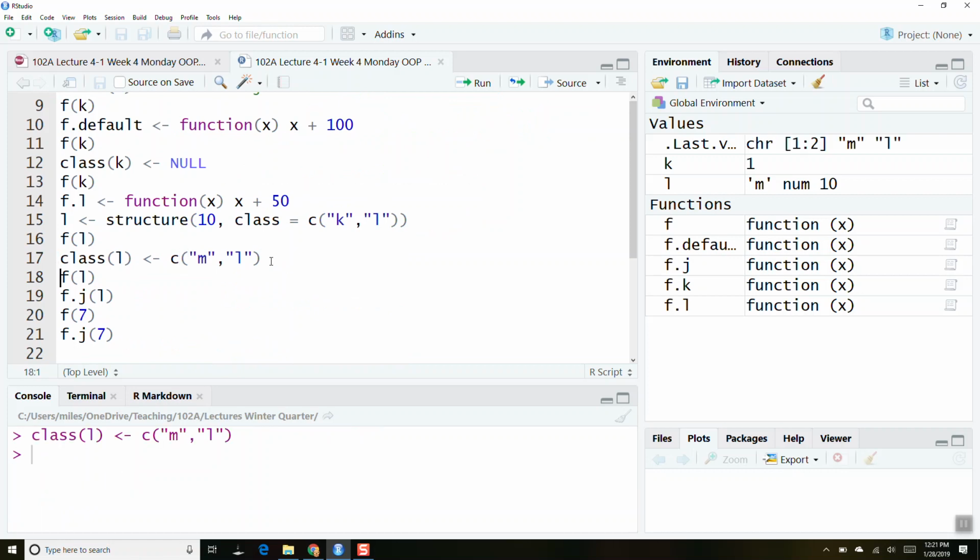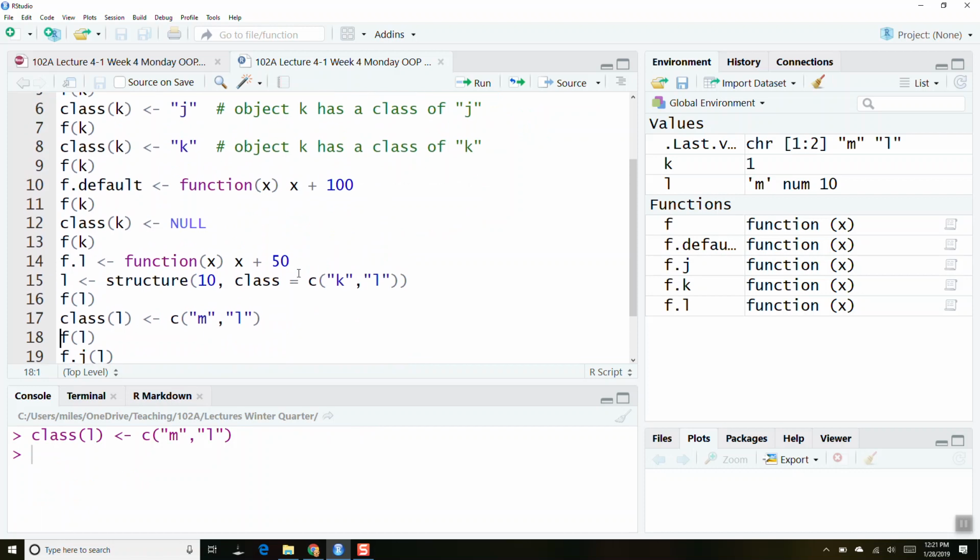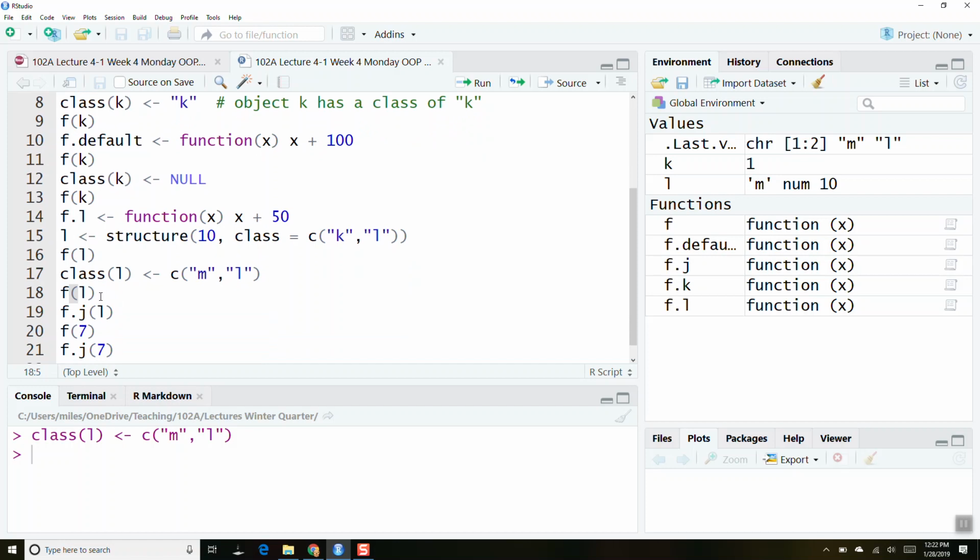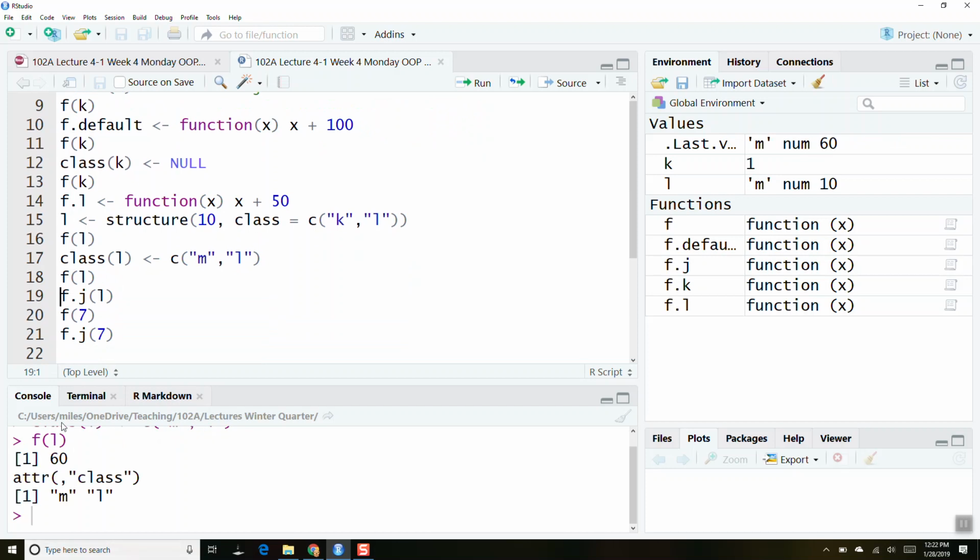If I change the class of L to M and L, I have no method for f.m. That doesn't exist. So when we call f on L, it's going to look up f.m, and it doesn't find it. Because it doesn't find it, it's going to use f.l, and f.l says plus 50. So f applied to L will return 60.